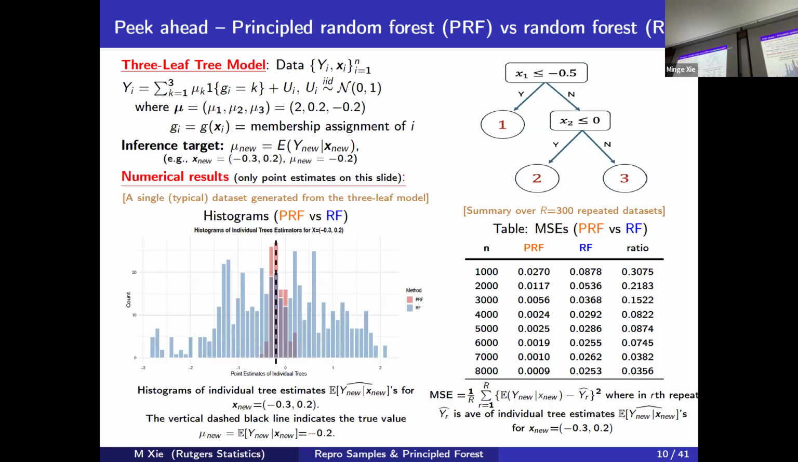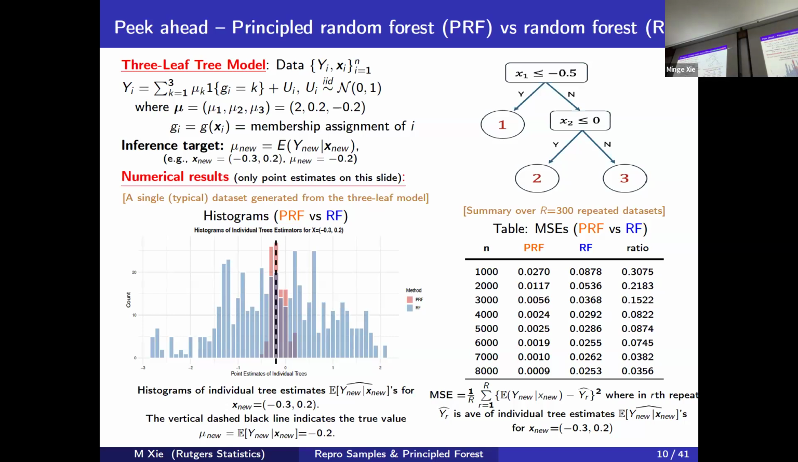So I want to predict negative 0.2. If I use the traditional random forest, I generate, from this data set, one set of this particular data set generated from here, and I fit a random forest. I get 1,000 predictions, 1,000 trees. Each tree gives me a mu new prediction. And with that, I plot a histogram of this